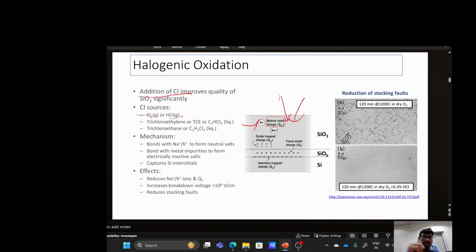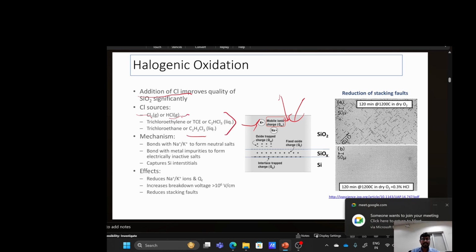There are some other chlorine sources, like HCl or trichloroethylene or trichloroethane, which is liquid, but these gases,